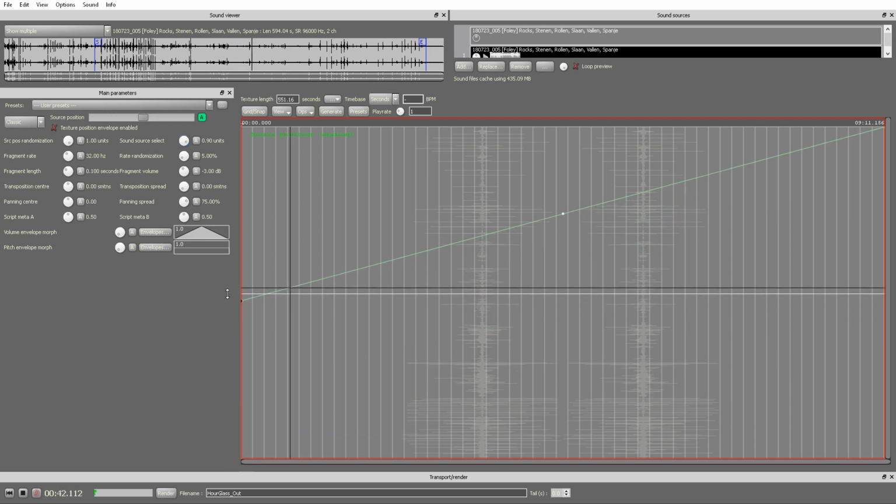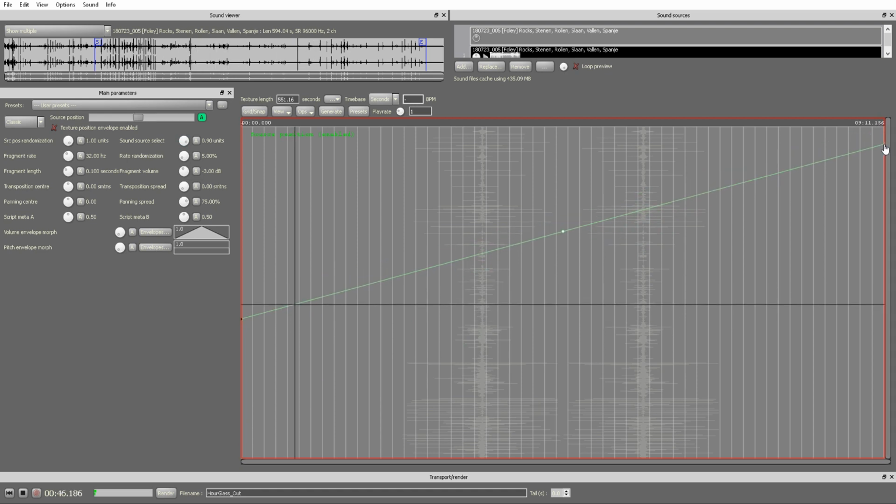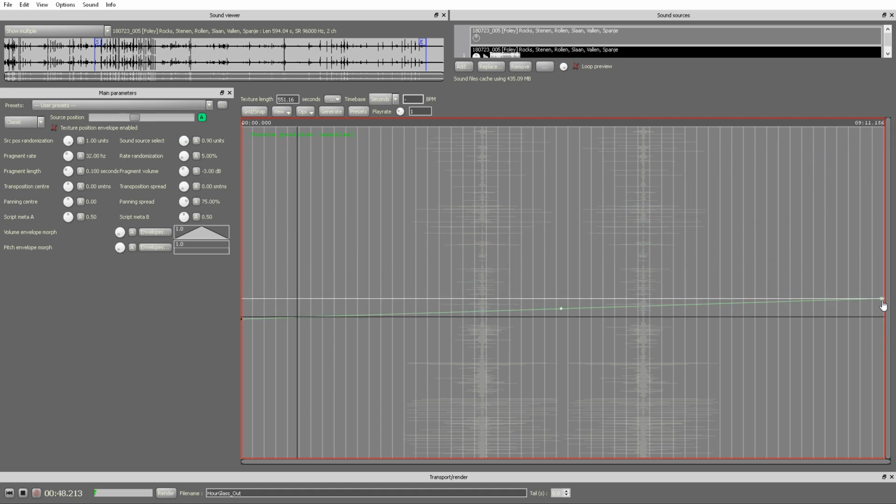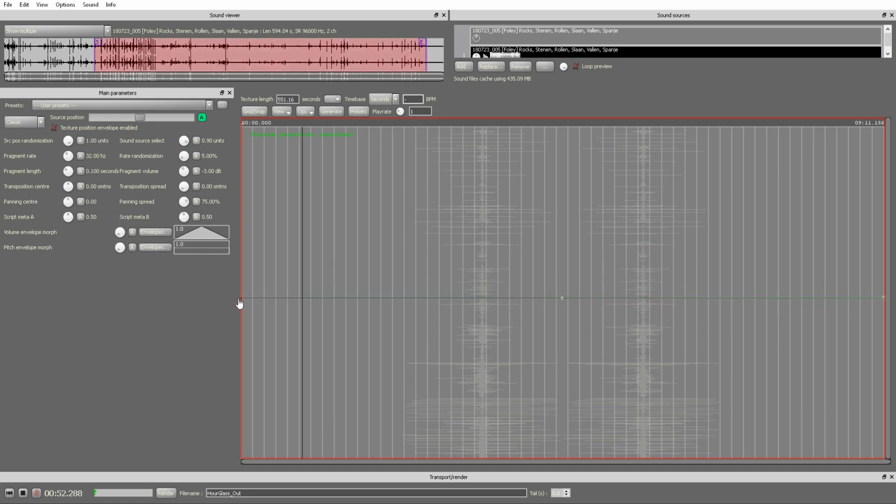In the texture, we can set the playback position to be basically in the center of the file all the time. That is a lot easier when you're using randomization, because it means you know what you're randomizing around. As you can see in the top view, we're now pretty much randomizing around the center of the file. And by increasing the fragment rate,